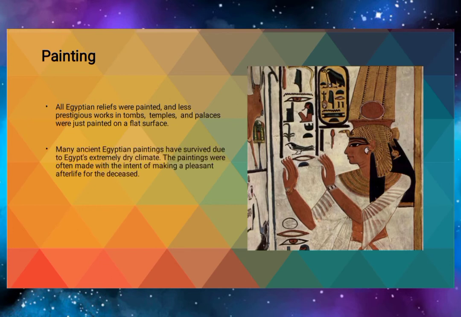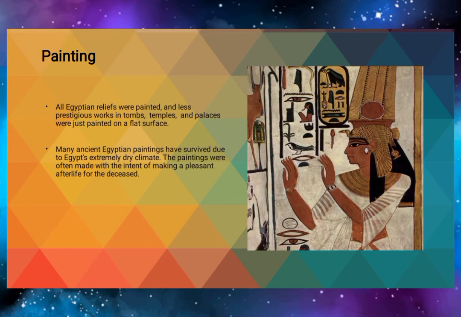So next, many ancient Egyptian paintings have survived due to Egypt's extremely dry climate. The paintings were often made with the intent of making a pleasant afterlife for the deceased. The themes included journey through the afterworld or protective deities, introducing the deceased to the gods of the underworld. Some tomb paintings show activities that the deceased were involved in when they were alive and wished to carry on